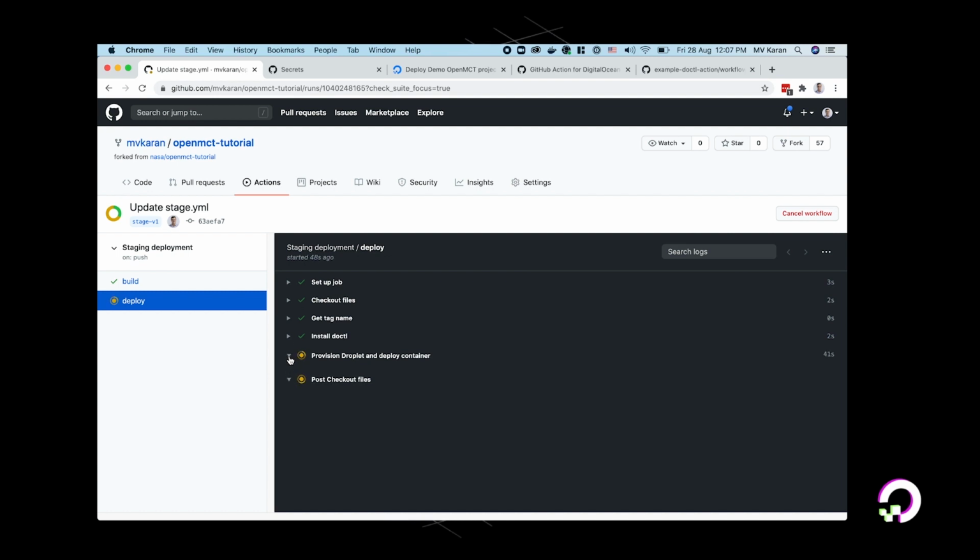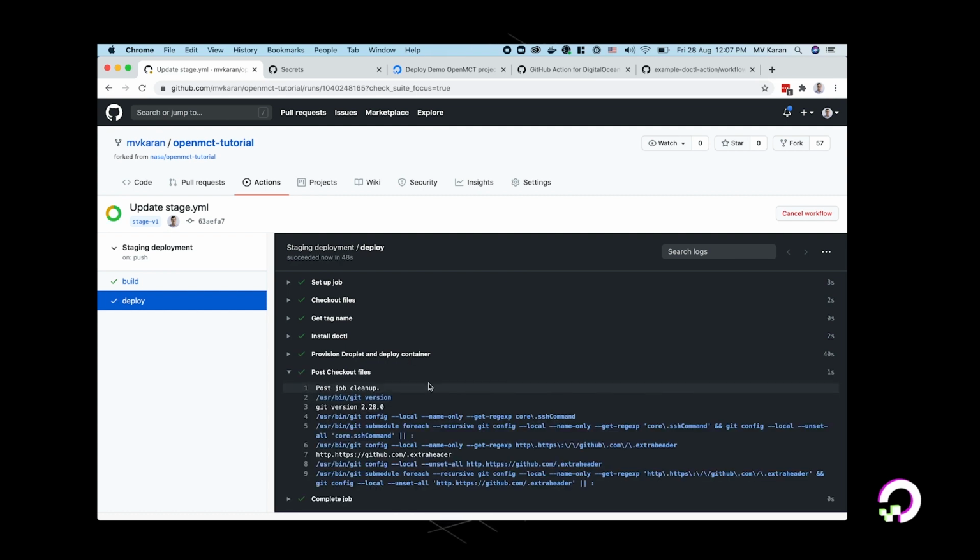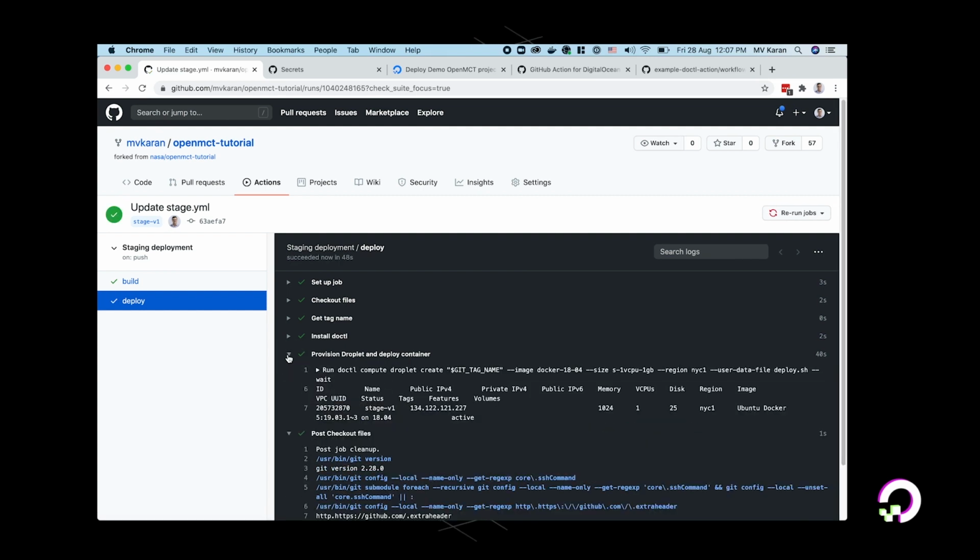So here it's waiting for the provision to complete, because I've added that as a flag. And it's complete already, and it shows me that the droplet has been created with the name and also the public IPv4 address, exactly what I wanted. You can see the check mark over here indicating the workflow completed successfully with both the jobs.